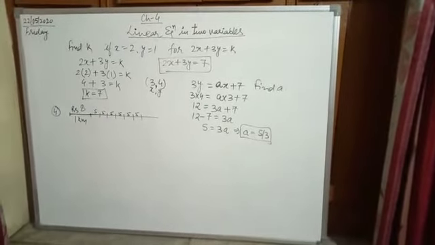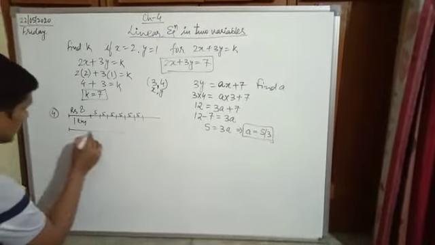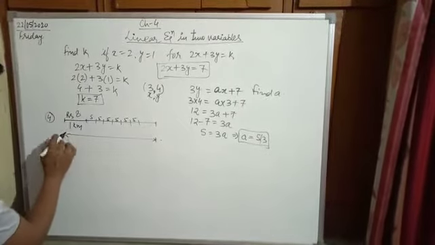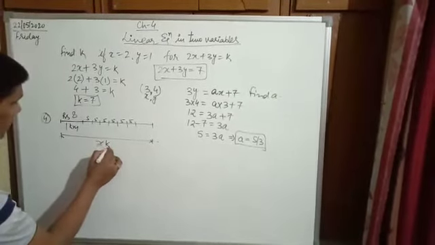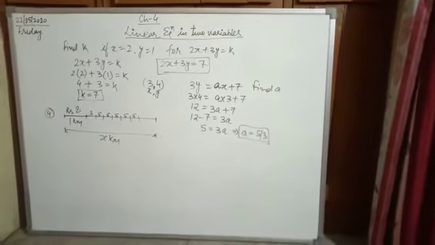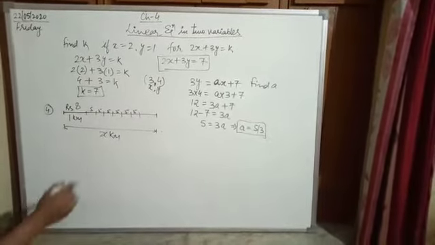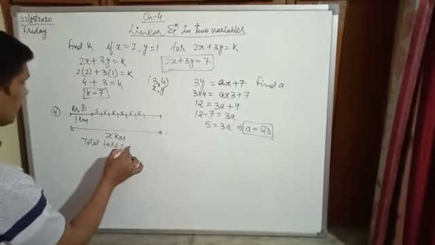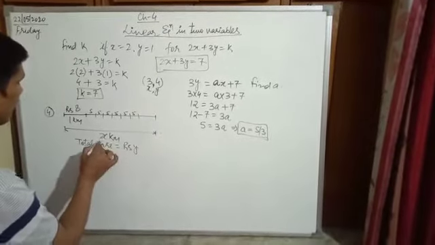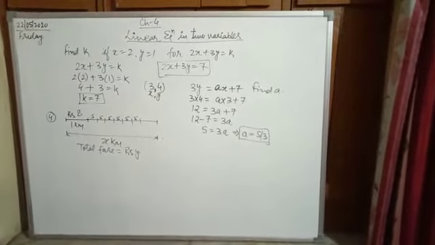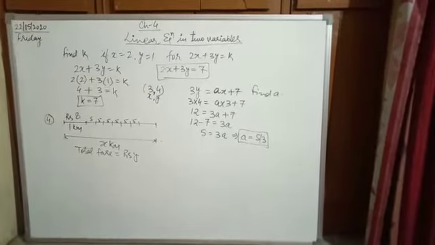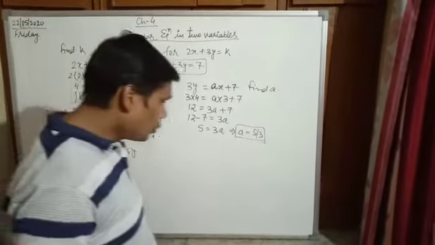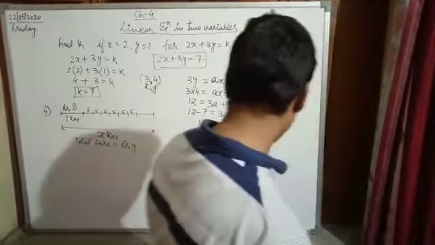Taking the distance covered as x kilometers, this total distance is x kilometers. Suppose we are moving from this point to this point, this is x kilometers, and the total fare is rupees y that I have paid. Then we have to write the linear equation and then draw the graph.